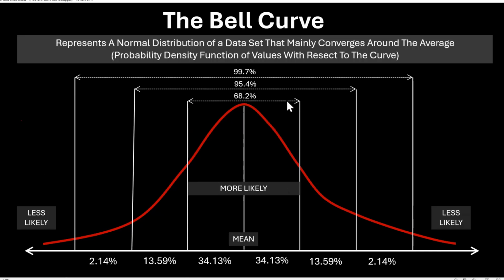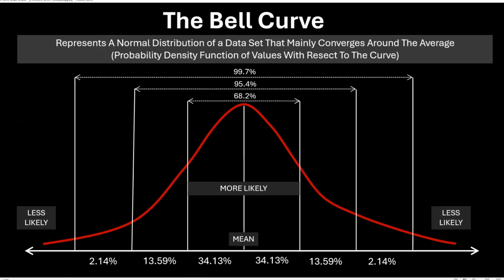That represents around 68 to 70% of what you will find normally happening, especially in nature as well. Then again, going out further, 1, 2, 1, 2. You're going out two standard deviations to the right and two to the left. 95% of all values that you have collected in your data set, for example, whether it's trading performance, ROI,